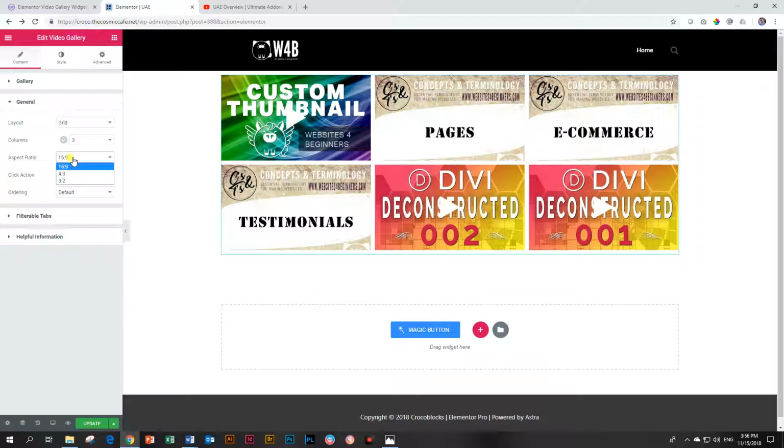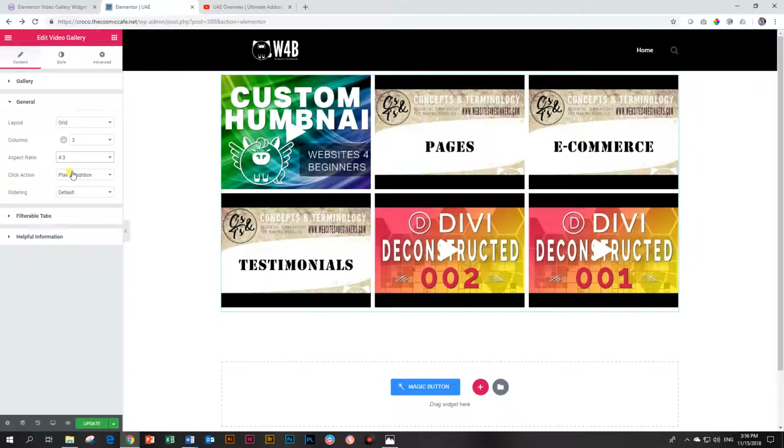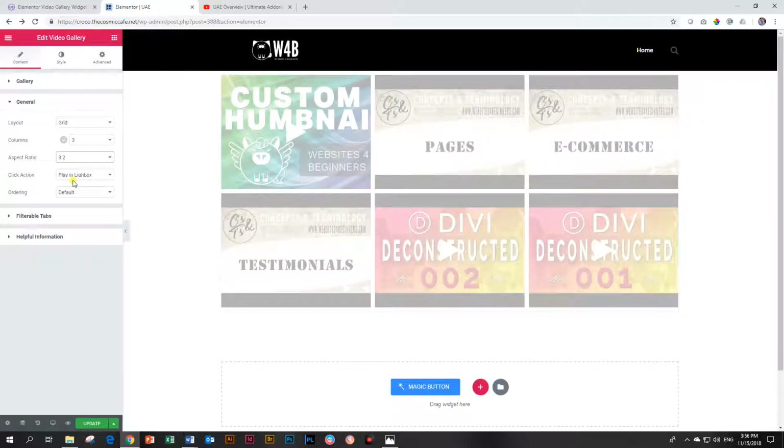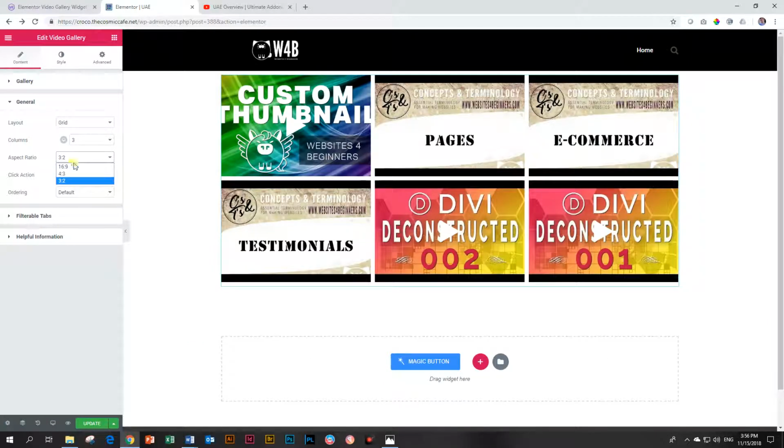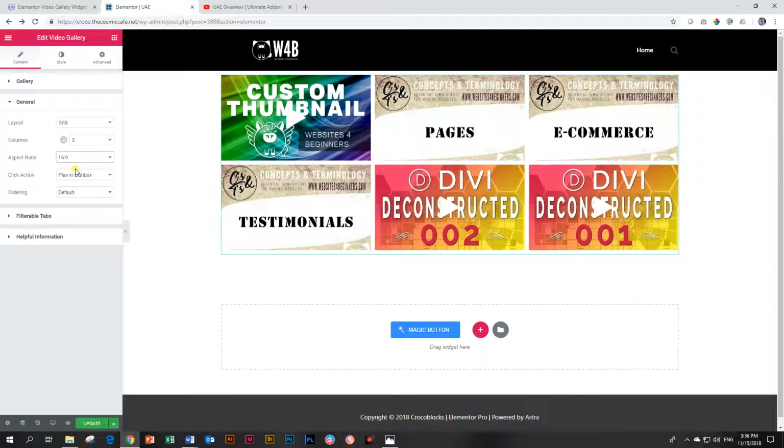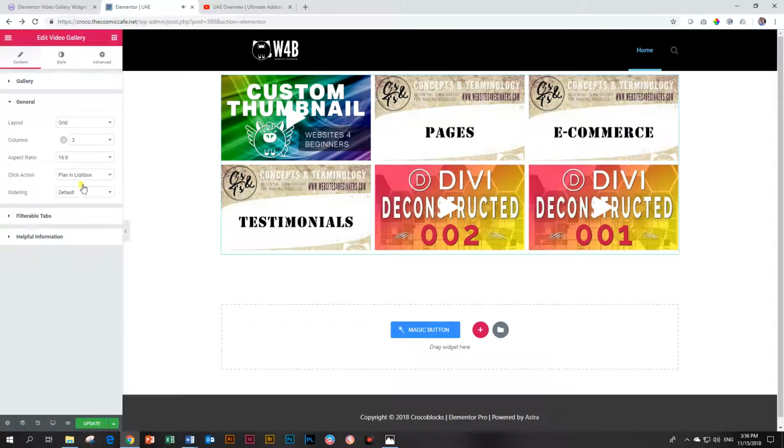You can change the aspect ratio, but I would recommend, if you are coming from YouTube, stick to 16:9. 4:3 or 3:2 just doesn't cut it anymore. 16:9 is the way to go. Then you can also choose whether you want to play it in the lightbox. Click and it will open a new lightbox for you to play it in. Or do you want to play it